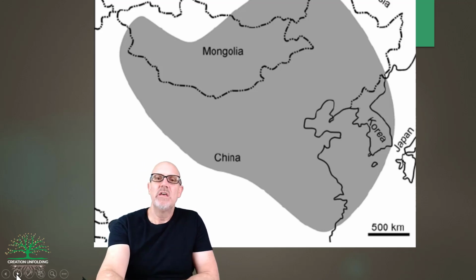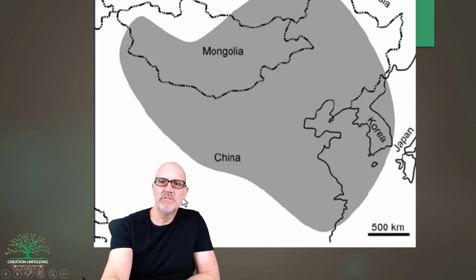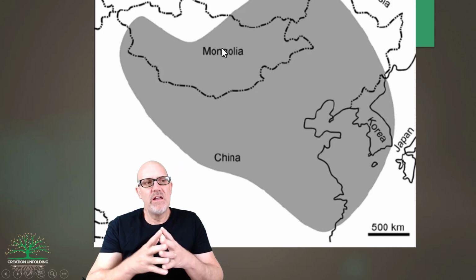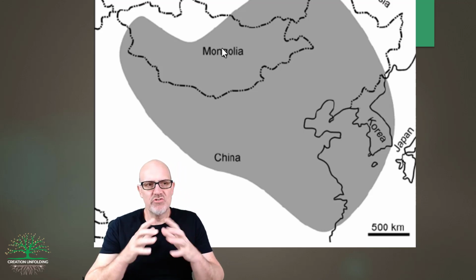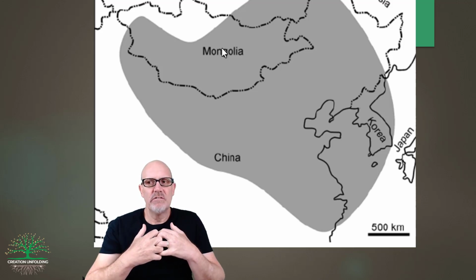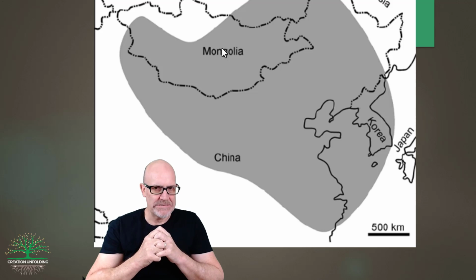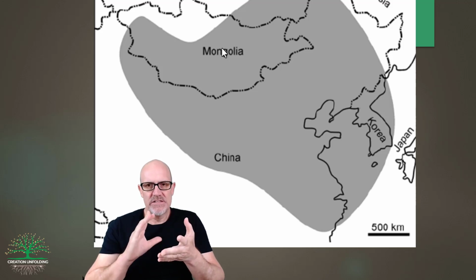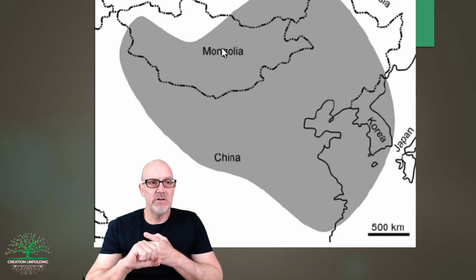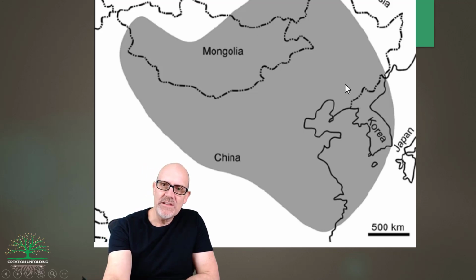So let's have a look at what's going on. So here's a map of China, and the shaded part here. So here's China, here's Korea, here's Japan, just to give you an idea of the size of this grayed out area. That grayed out area represents a bunch of lacustrine or lake deposits that represent what's called the Jehol biota. And this is a bunch of insects and plants, but also a lot of vertebrates, and a lot of theropods, feathered theropods, and birds that have been found in this Jehol biota, mostly being found in this area called Liaoning in China. That's where most of them are actually found.